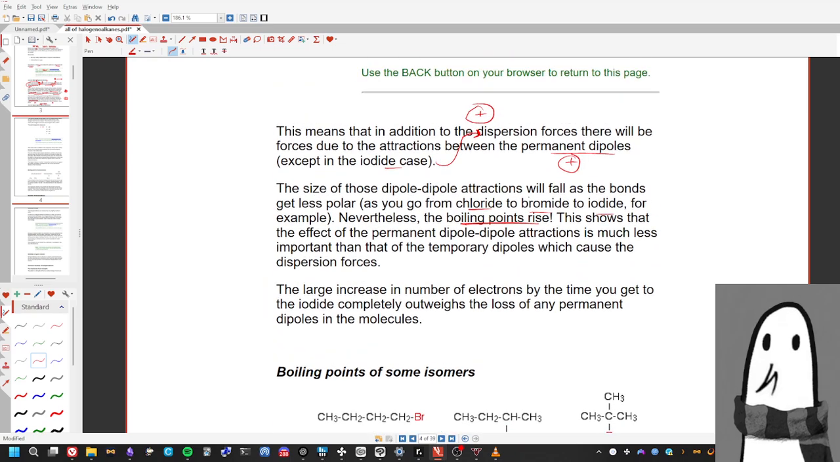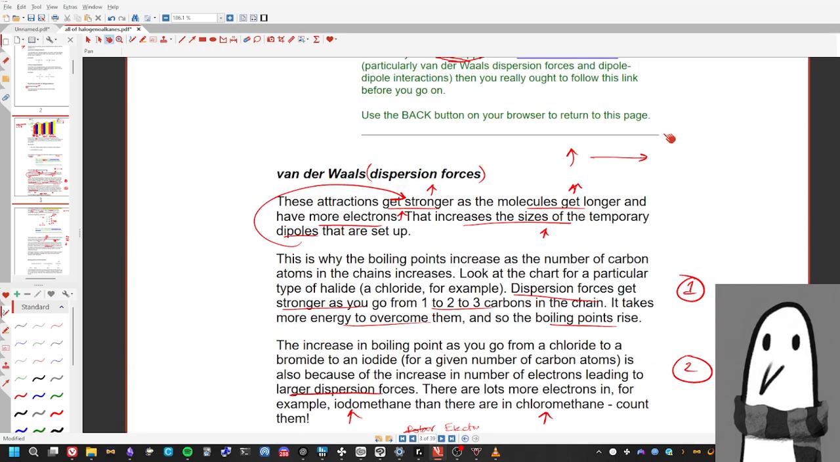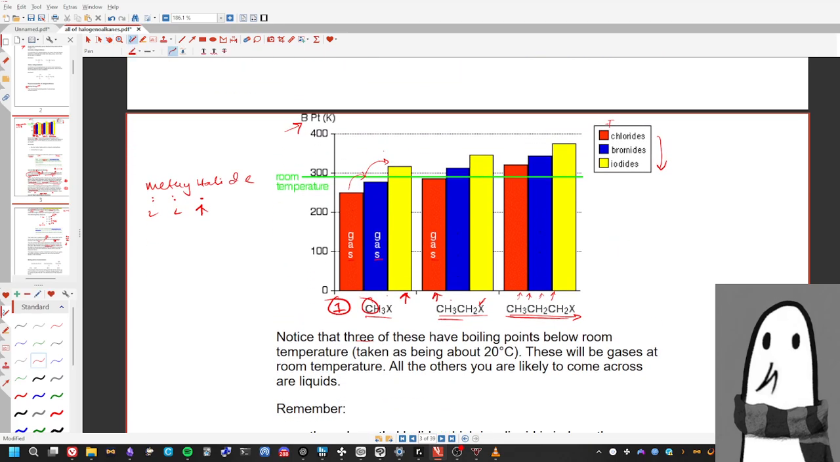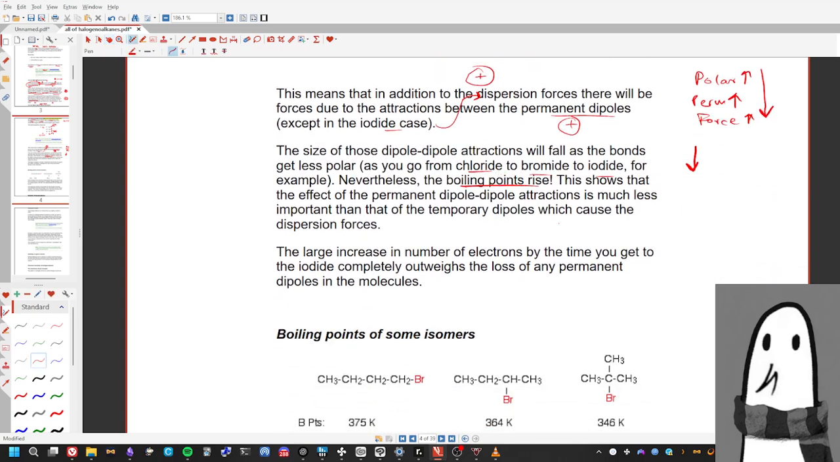As you know, polar bonds will be stronger, right? As the polar bond increases, then your permanent dipole will increase. As your permanent dipole increases, then the force will increase. As your force increases, it gets stronger. However, as we go down the group, we notice that all of these will decrease, right? But although all of those decrease, we still see that as we go across, there's still an increase in boiling point. That means the energy still increases,